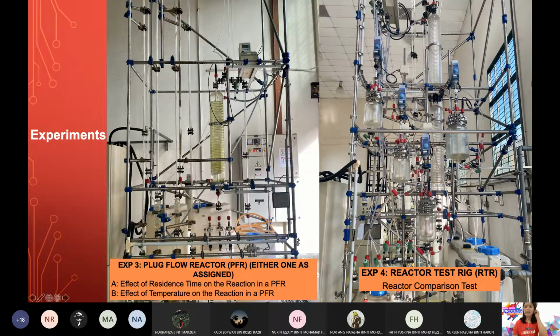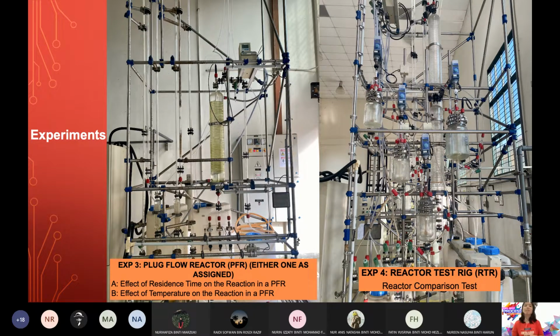And last one is our reactor test ring. So reactor test ring is actually very unique, and I can almost assure you probably less than 10 universities have it, sebab saya pergi IPTA and I did audit in other universities as well. I've done audit in UTHM, I've done audit in UITM. Diorang memang tak ada facilities ni. Reactor ni, mungkin dalam erti kata senang, always people thought that we only can use one reactor ataupun satu equipment je. Okay, tapi tak, sebenarnya you can use a combination of more than one reactor at the same time. We call it reactor in series. Apa maksud dia? Okay, katakan kamu guna satu reactor kan.